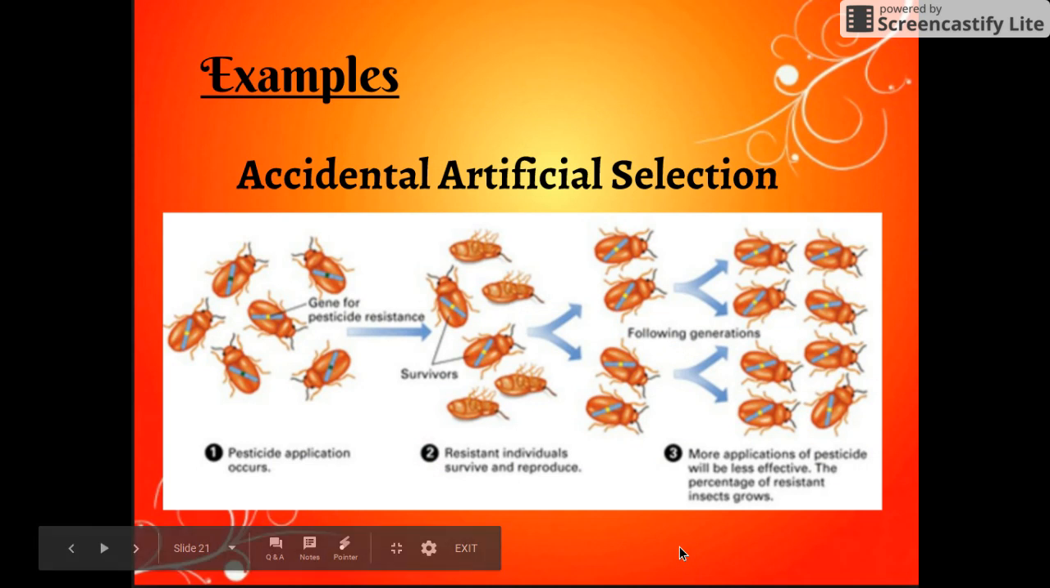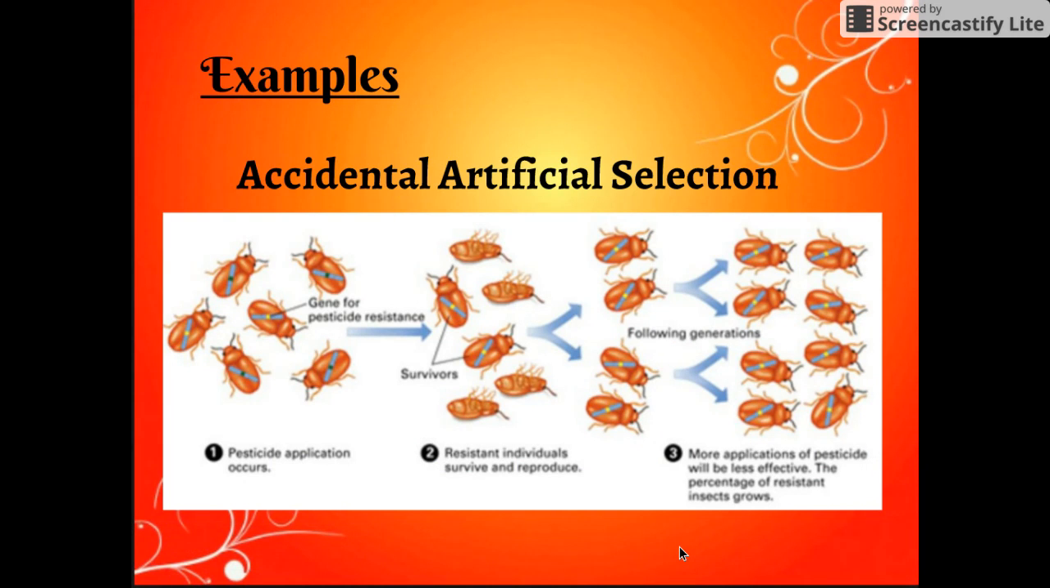So when this is accidental, a lot of the accidental artificial selection comes back to using pesticides. So if